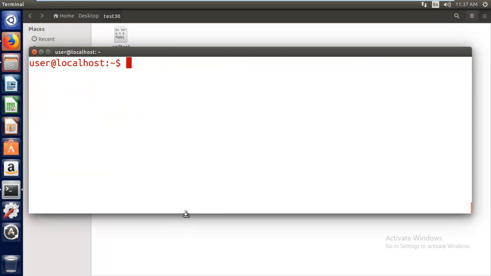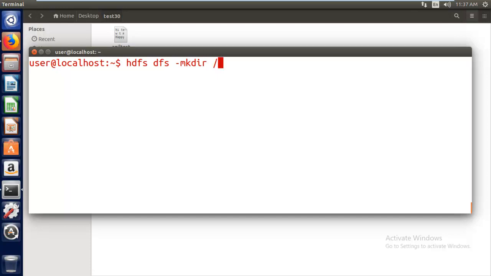So how can I create a directory in Hadoop? For that I have to say hdfs dfs -mkdir and mention your folder name.